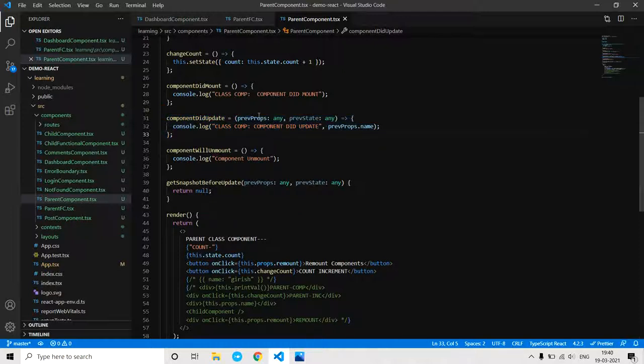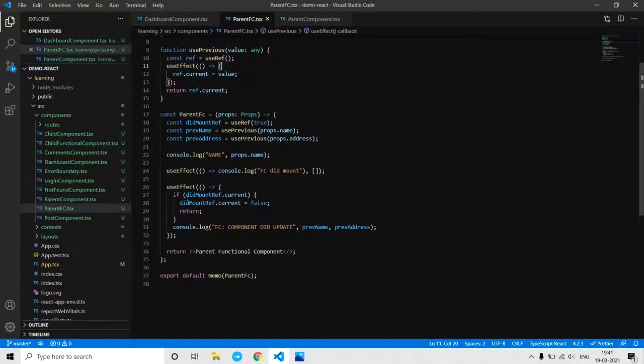So there are previous props and previous state arguments which are readily available to the lifecycle method. But in the case of functional components, this is a little tricky. The previous props and previous state are not readily available to you, and even to achieve componentDidUpdate, you need to do something a little tricky. Let's see what it is.